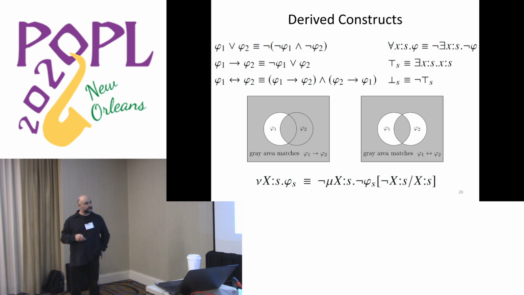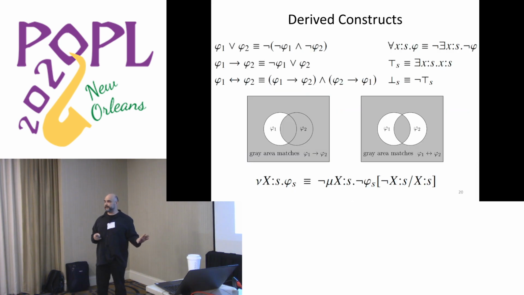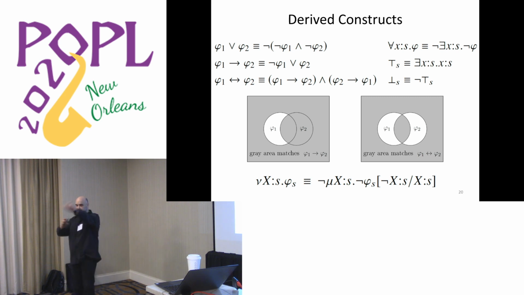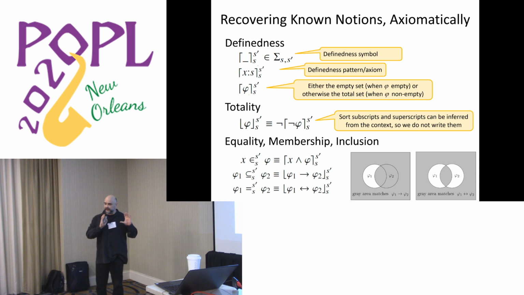And you can also define largest fixed points. And by the way, all these have been already presented in other papers. So here I just want to give you an overview so I can get to the interesting part of the presentation. And I have to really go faster. Now the syntax is very poor, but that was the exact point of the whole effort here, because we believe that we can regain everything we need axiomatically. We can add symbols, we can define theories. I can add some symbols and some axioms, and I can get what I want.